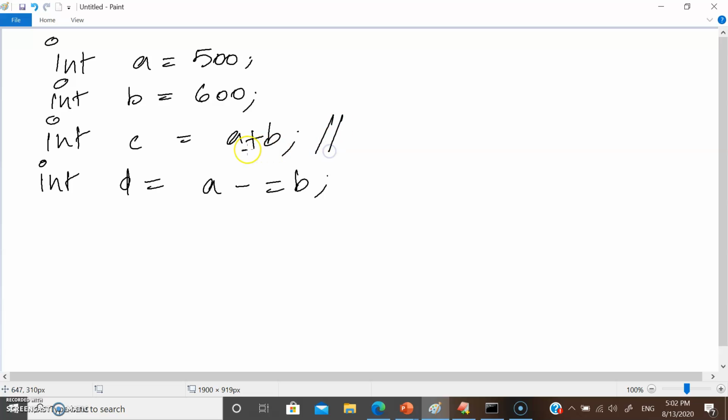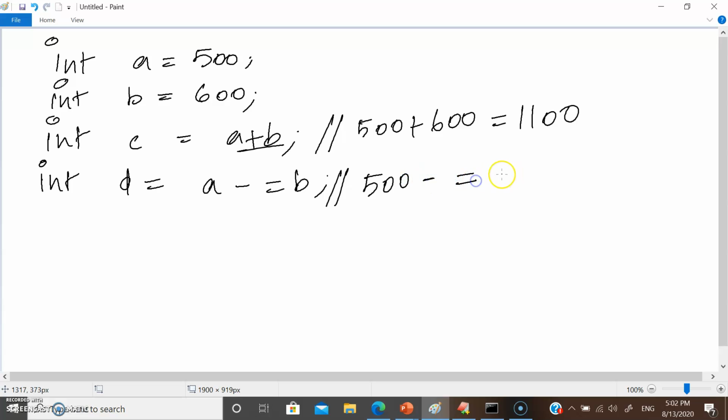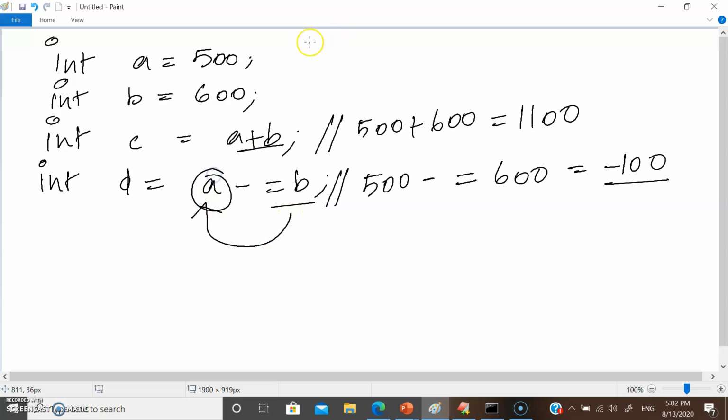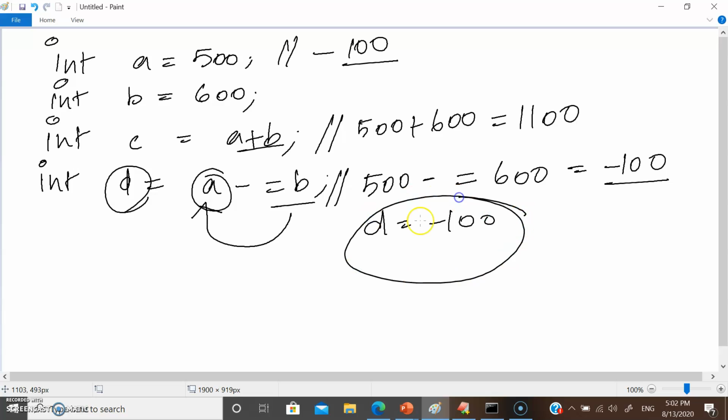What is a plus b? 500 plus 600 gives 1100. Now when I say a minus equal to b, the a value is 500 minus equal to 600, so it gives minus 100. First, the value minus 100 is assigned to the variable a. So now our a value would be minus 100, and at the same time the d value would also be minus 100. This is how the assignment operator works.